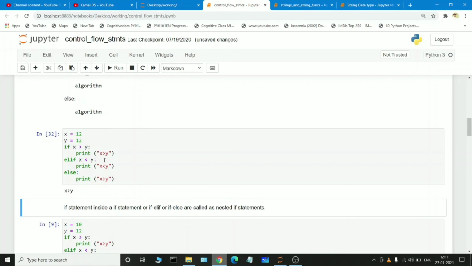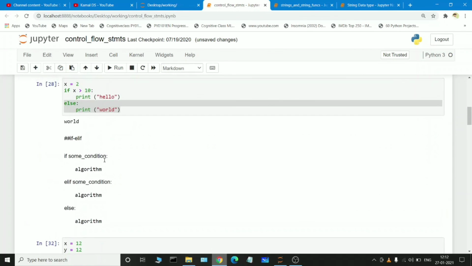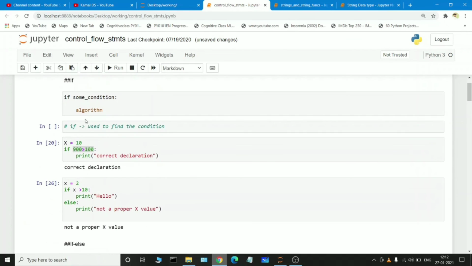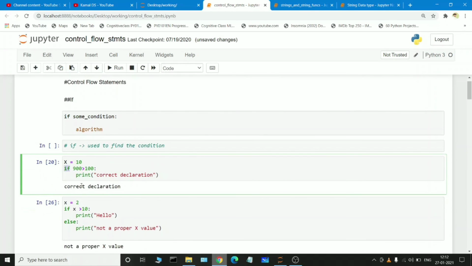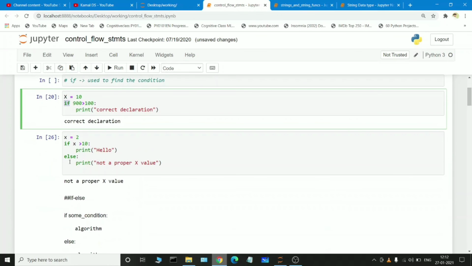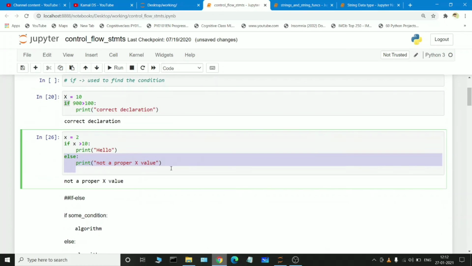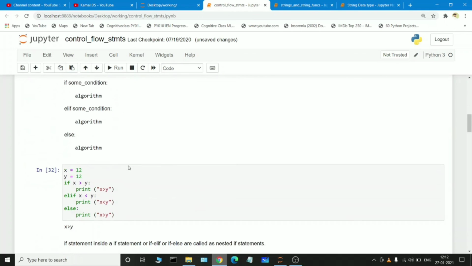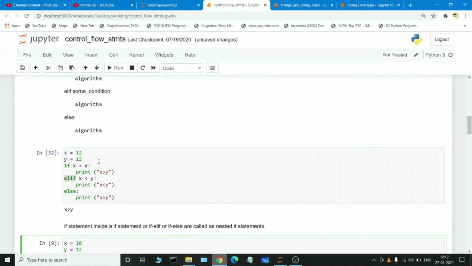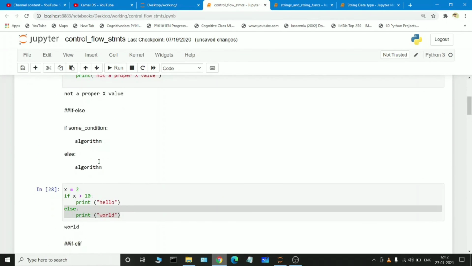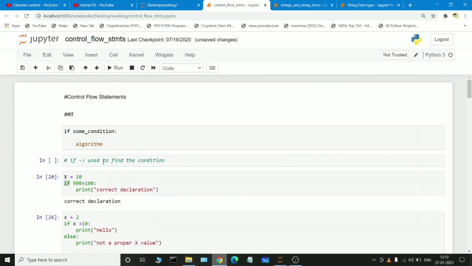So this is how the if condition works. First of all, it will check the if condition, which means the first condition. If that if condition is not true, it goes to the else block. So it will print whatever we wrote in the print statement of the else block, and we get an output. We can also write n number of if conditions with the help of the elif keyword. Okay, so I think you have a clear idea about this particular control statement, the if condition.